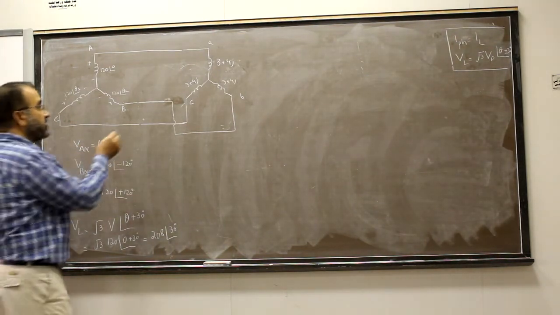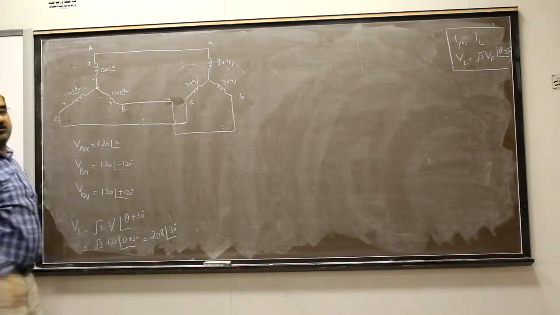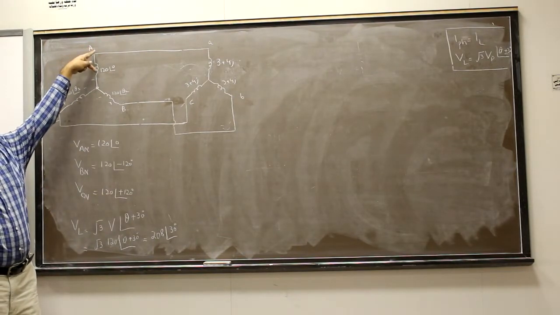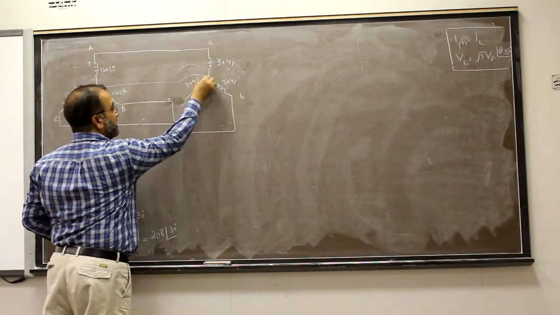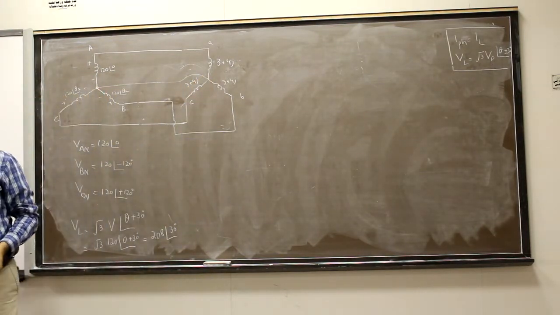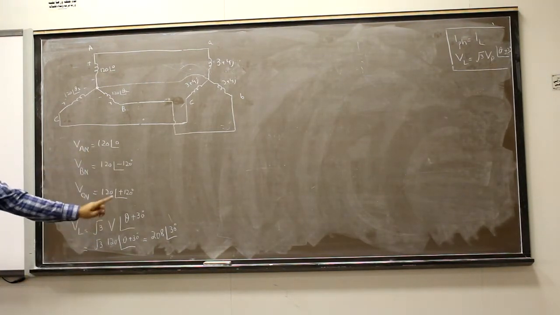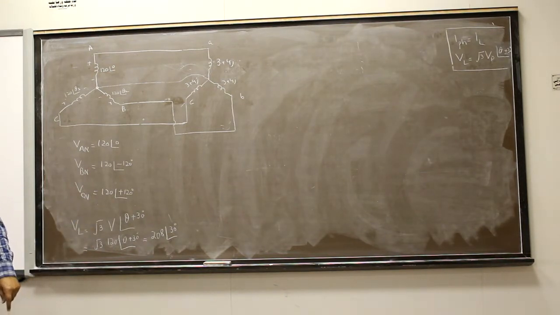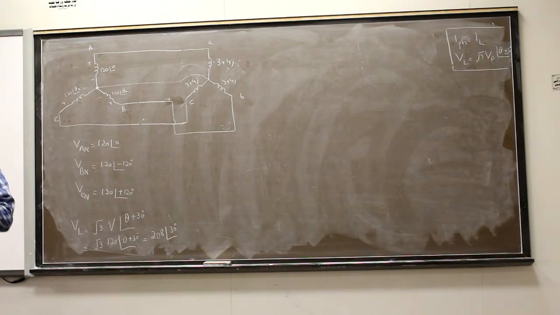So what I will do is join this neutral with the neutral, because this voltage is known. Yes or no? So there is one simple method. Line voltage is equal to root 3 times the phase voltage. Okay? Yes. Now, if you want to calculate the line current and the phase current,